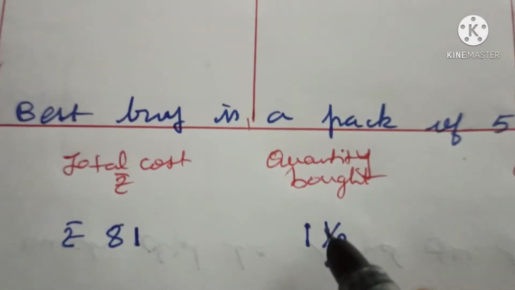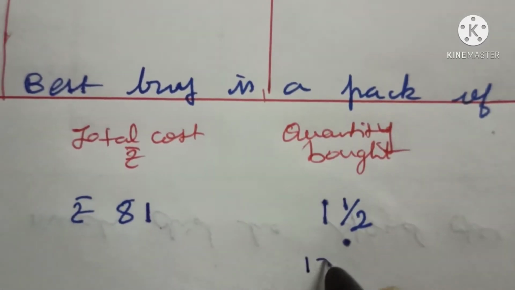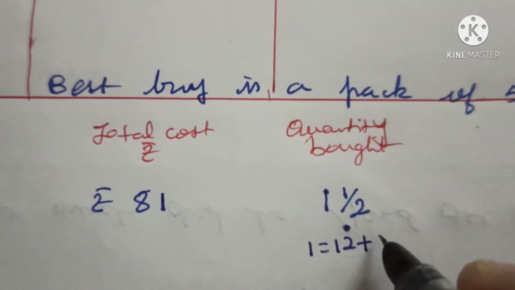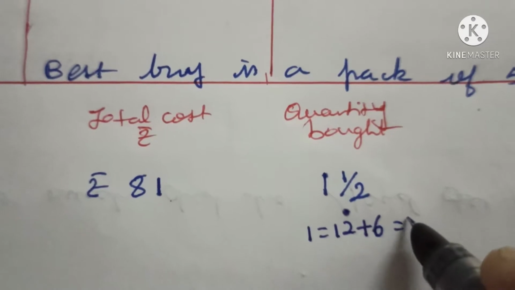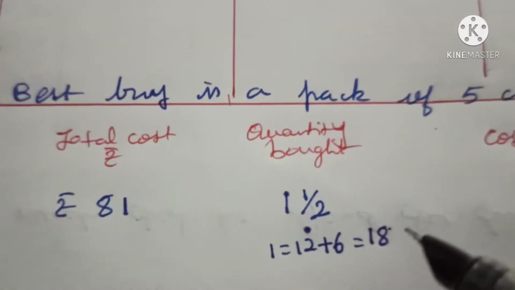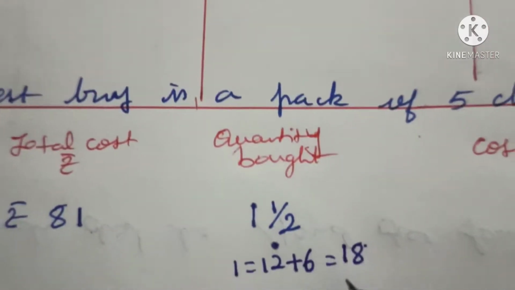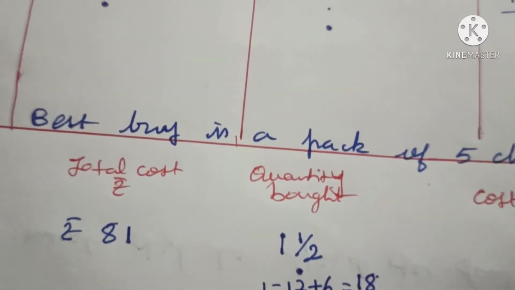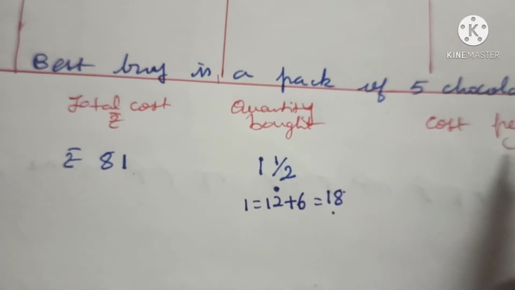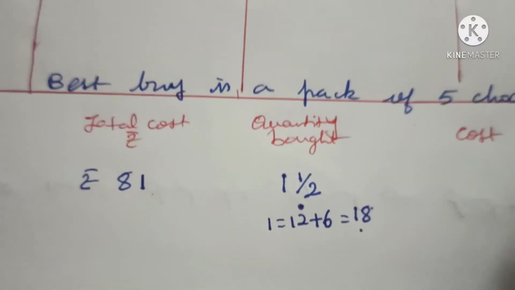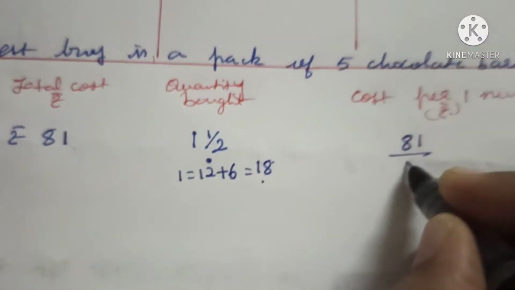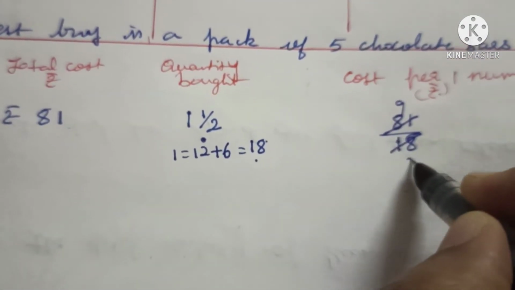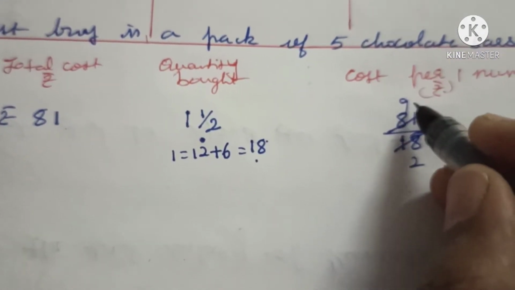So 1 dozen is equal to 12. Then half dozen is equal to 6, so the total is 18. So quantity bought is 18 eggs. So you have to find out the cost of 1 egg, which is equal to 81 by 18. 9 table, 9 nines are 81, 9 twos are 18, and then if you divide 9 by 2,